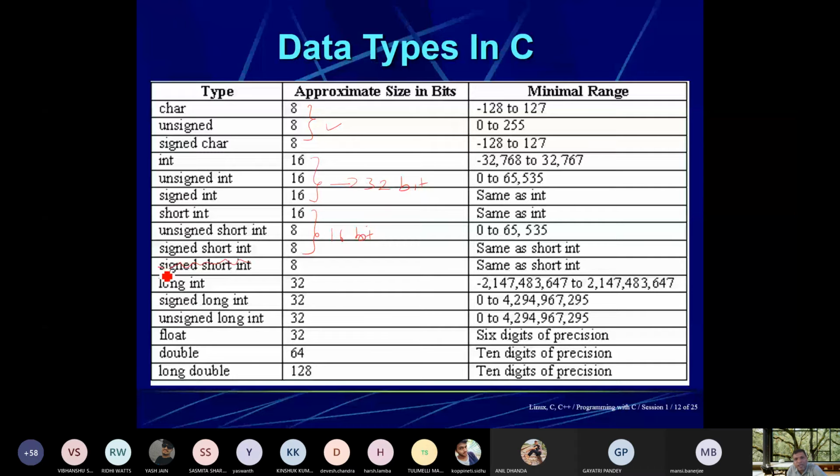Long integer, signed long integer, unsigned long integer, these all are 8 bytes long. Float is also 8 bytes, double is 16 bytes, and long double is 32 bytes. So it varies, it depends on the particular compiler. During the 90s this was the convention, and even in Turbo C, the same convention is followed.